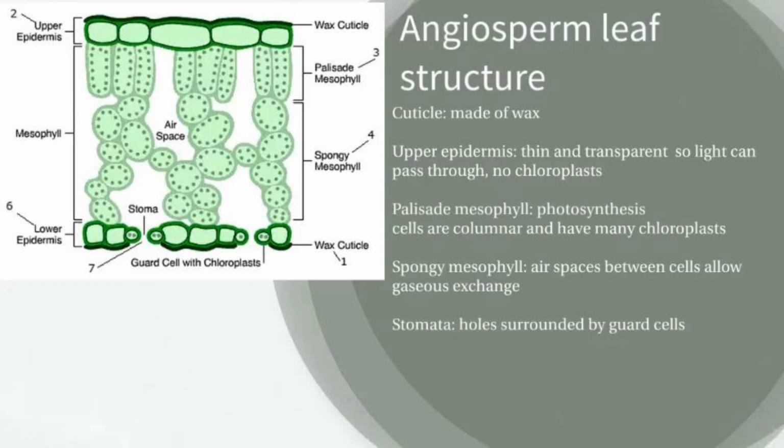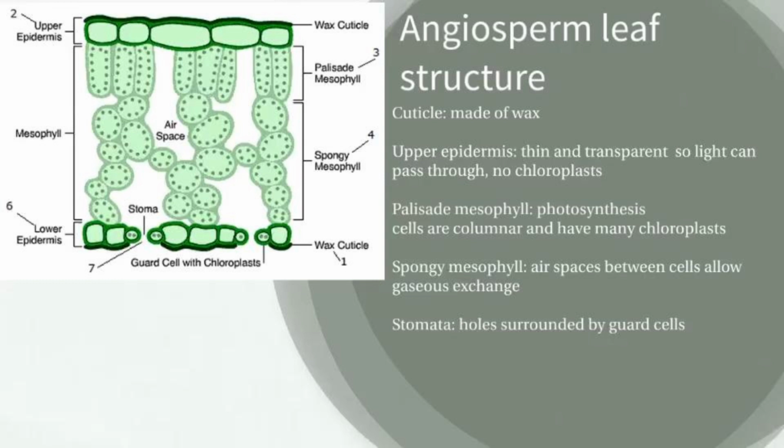So the structure that I just spoke about describes the angiosperm leaf, but now we can go into the microscopic levels of the leaf and what that is composed of. So again, make sure you go look at the diagrams, because that's really going to help you understand this. So if we work from the top down, at the top of the leaf there is the cuticle, and this is made of wax, and this helps to waterproof the leaf, and this is secreted by cells on the upper epidermis. So just under the waxy cuticle there is the upper epidermis, and these are thin transparent cells,